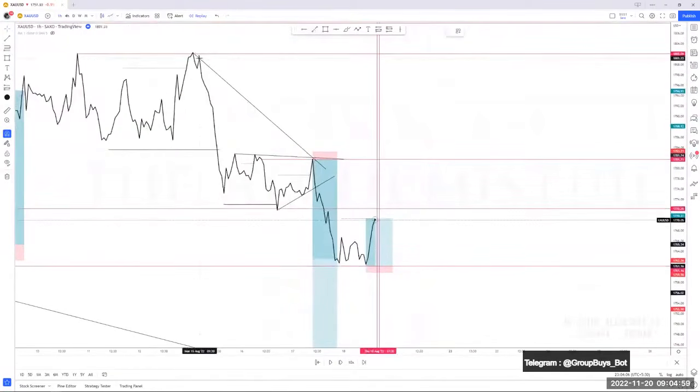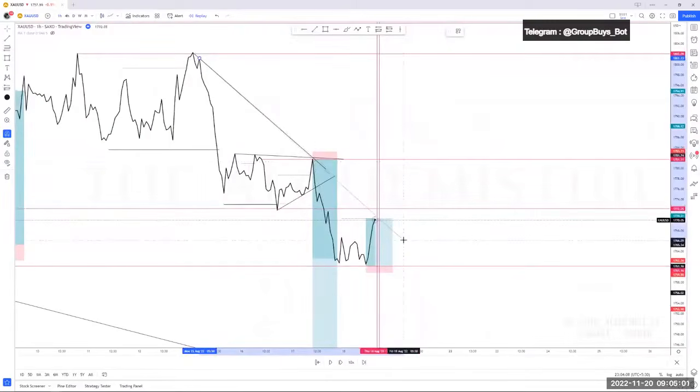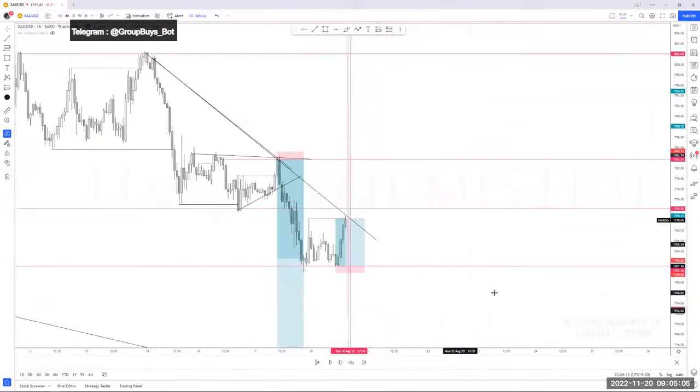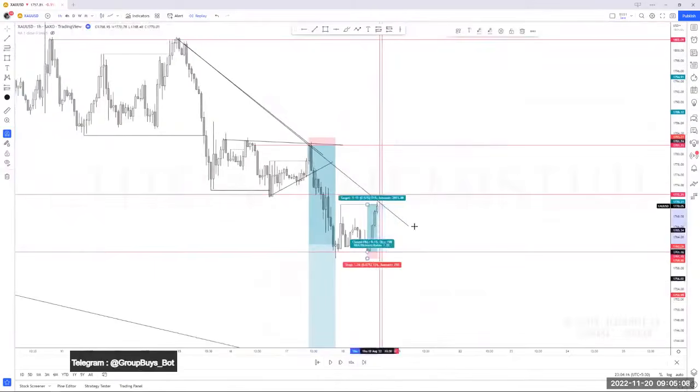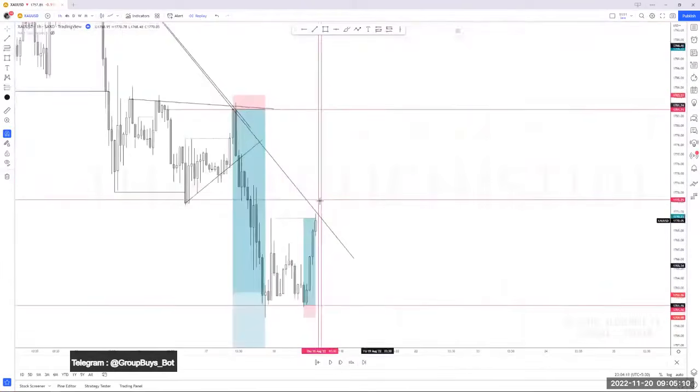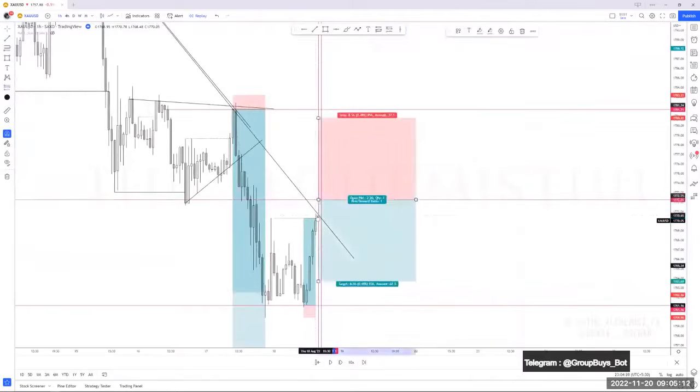A trend line from here, second touch, third touch. Can you see this? Right here. Okay. So what happened? Now we have this trend line confluence. Remember, trend line is not the entry. Only